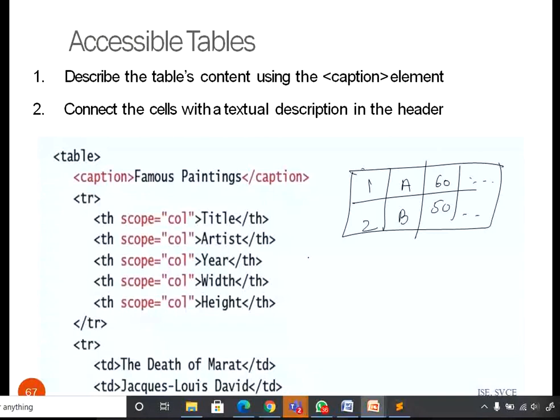Okay, something like this if you have created. So if it is a common user, how will they understand what information it is displaying here? It's very difficult. So for this you can add some more information. Immediately nobody can understand this table, even yourself.